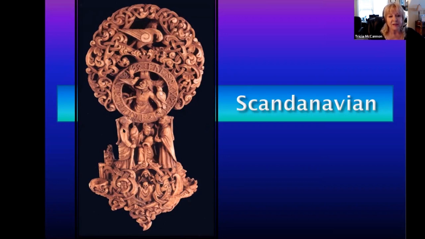Here are the sages who are pouring down the wisdom from the tree of life to the mortals. And this is the world of mortality. You can see kind of the death figure here. So this is the human world down here. These are the intermediaries or the medicine men or women or sages or saints or priests or priestesses, however you want to look at it, that are bringing this knowledge from the great avatars into the world. So it's the Scandinavian tree. This is the Egyptian. Very interesting.